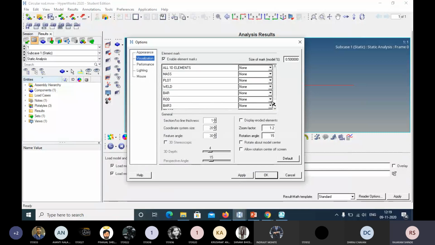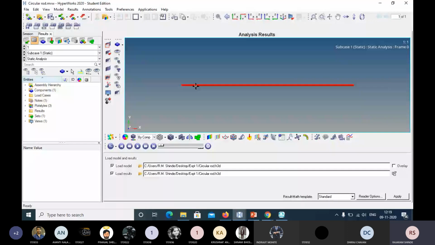I will change it to cylindrical, and I will click on OK. Now it is in 3D mode. You can see here. Now next, I want to check the displacement and stress.